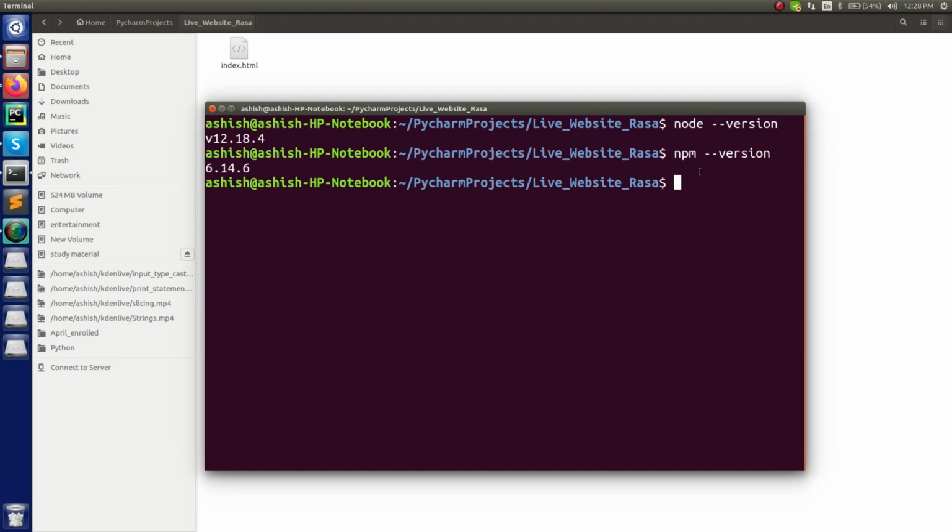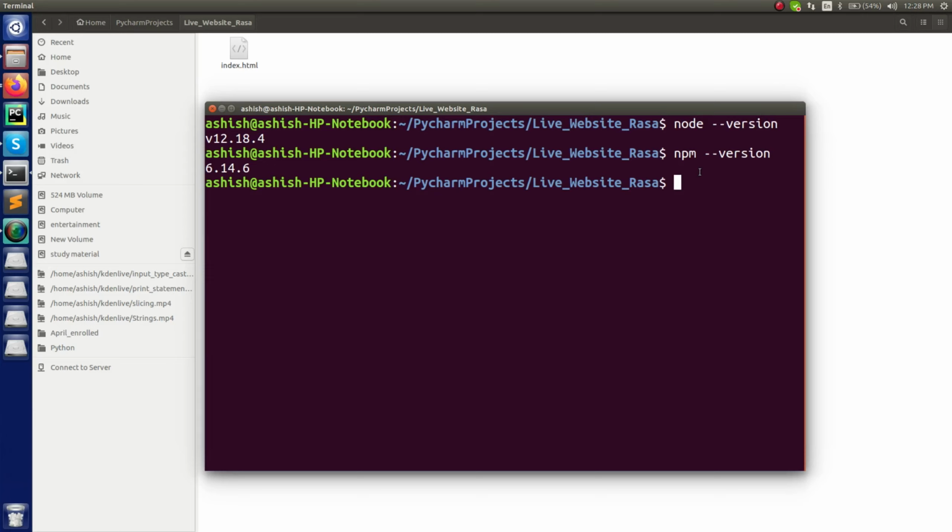Like if in case you're not using an Ubuntu system and you're working on a Windows system, then I will leave a link in the description and you can check my blog. There I have already shown you how you can deploy, or let's say how you can host your website onto the Firebase account with respect to the Windows system, right? So you can check that, and it will be really helpful for you guys to learn and further host your website, right? So let's just move ahead.